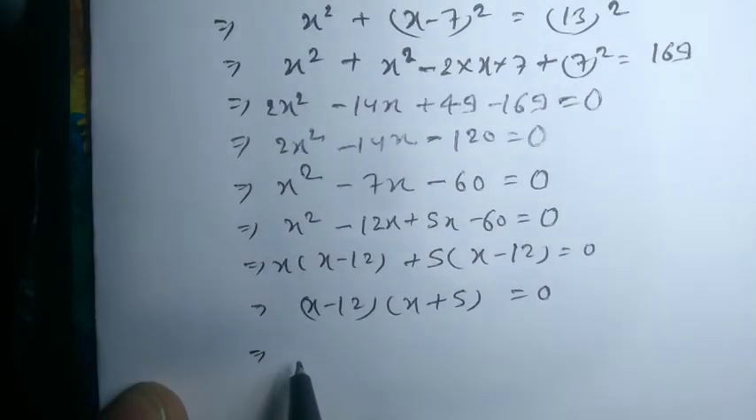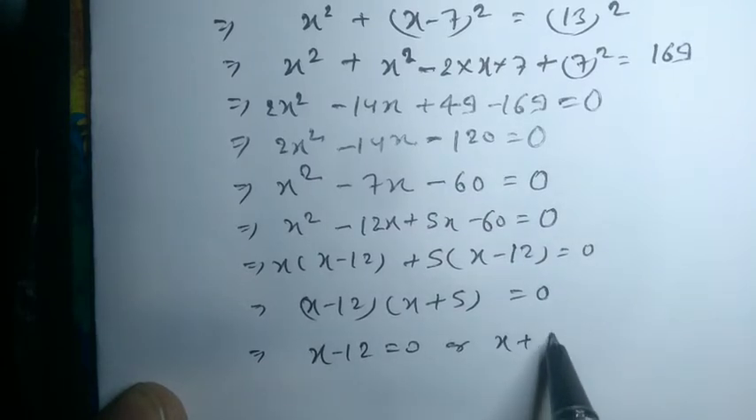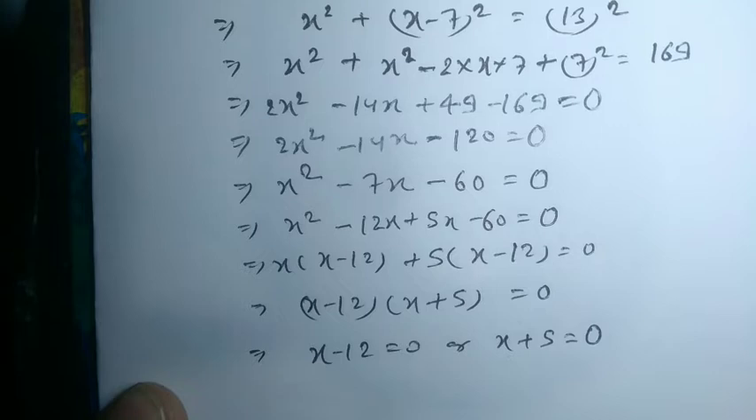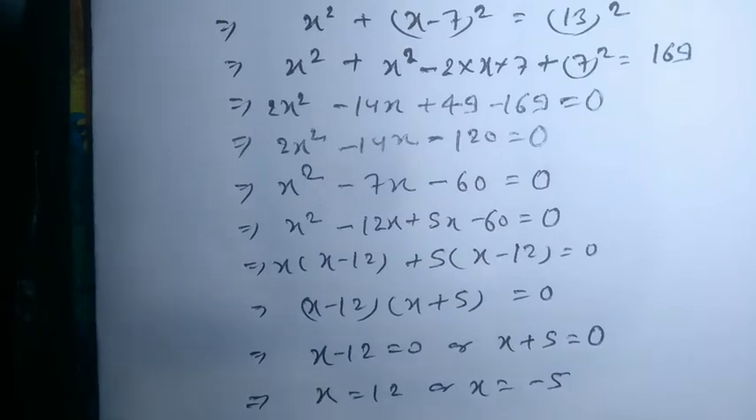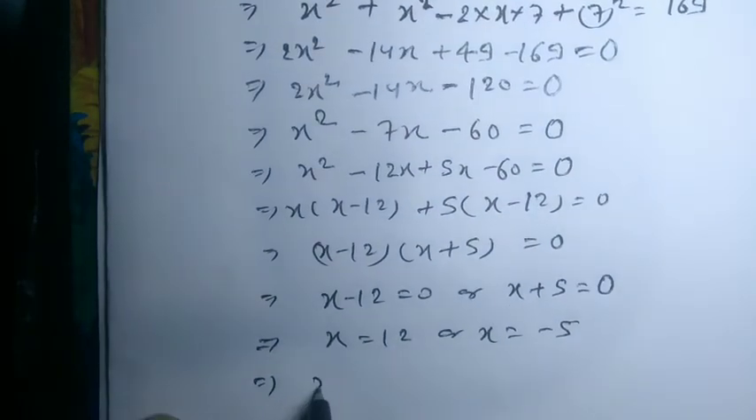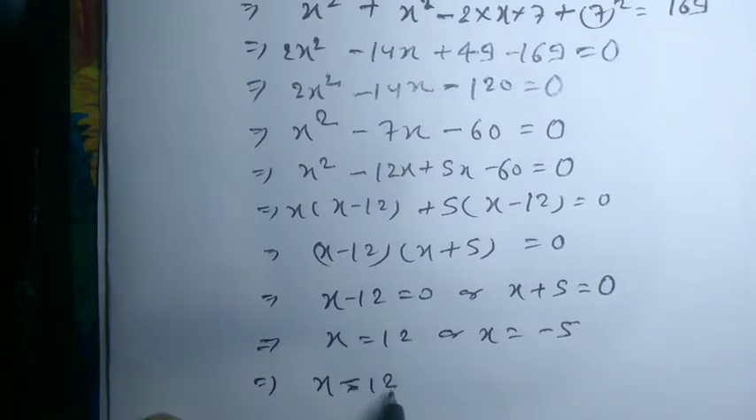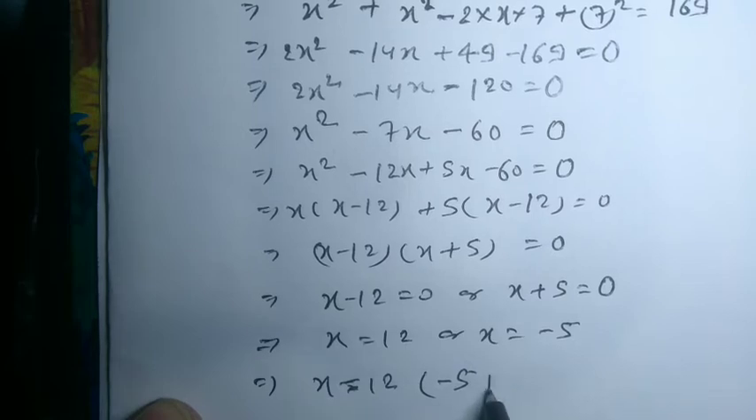Implies x minus 12 is equal to 0 or x plus 5 is equal to 0. Implies x is equal to 12 or x is equal to minus 5. Minus 5 is rejected because side can never be negative. Implies x is equal to 12. We write here minus 5 is rejected